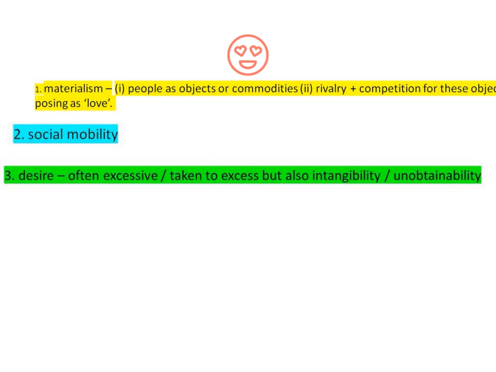Our third language area relates to desire, deliberately put in green here as we'll be looking at green lights and whatnot. This is focused on how desire is often excessive. Again, see the context video for discussion of the jazz age here and hedonism. So desire taken to excess, but there's also a second idea here of intangibility and, more importantly, unobtainability. So we're going to see many affluent characters, and even though they have more money than you could shake a stick at,